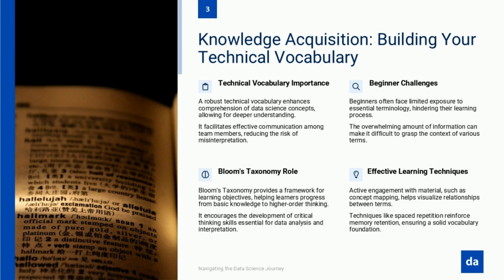When learning technical vocabulary, avoid the trap of studying terms in isolation. Instead, focus on relationships using techniques like concept mapping, where you visually represent connections between related terms. For example, a concept map for model evaluation might include branches for metrics like accuracy and precision, connecting to concepts like confusion matrices and ROC curves, while illustrating how these relate to different problem types.